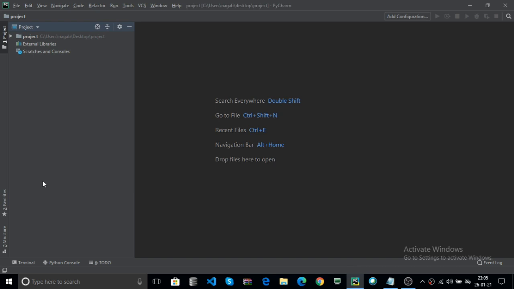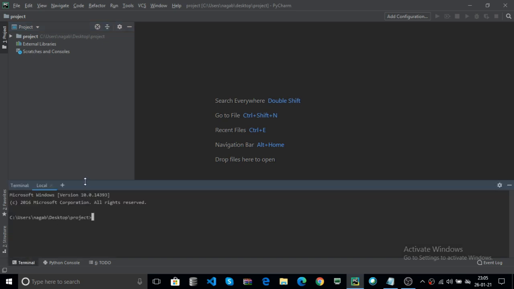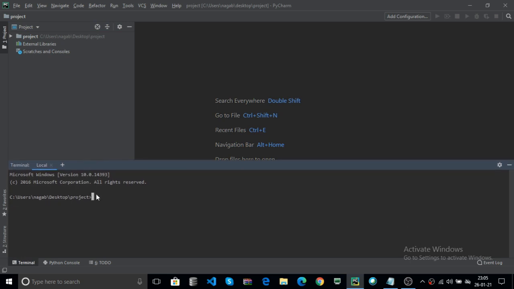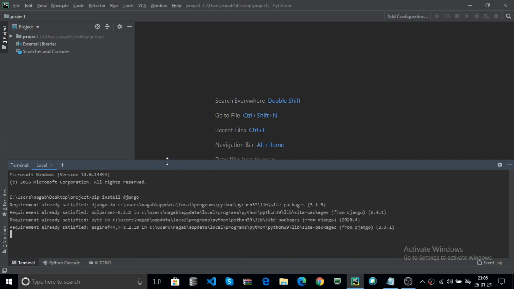Now first, how to install Django. Now open the terminal. In this module I explain through the PyCharm editor. I will give you the material on how to download and install PyCharm on your system. Now first open the terminal. This is similar to your command prompt. First I install Django. How? Any module is installed by using the pip command: pip install Django, and hit enter. I already installed Django.